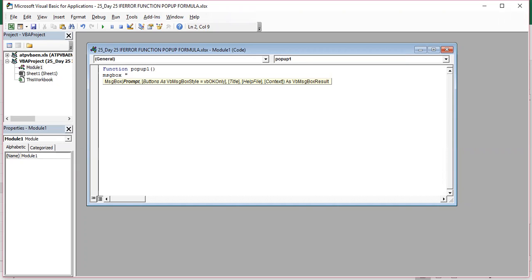I want "Stock not available, please order." Okay, so that's it. That's for my pop-up, and then I'm just going to close it.